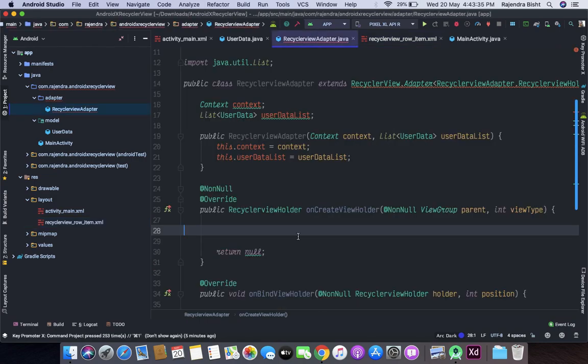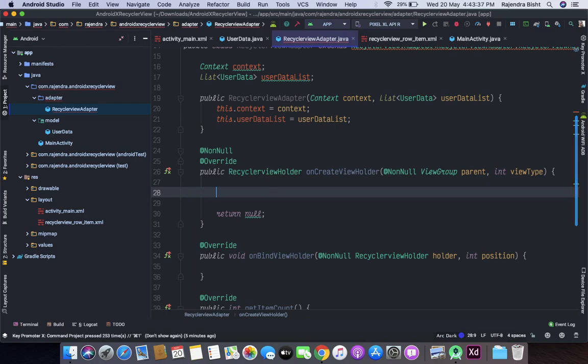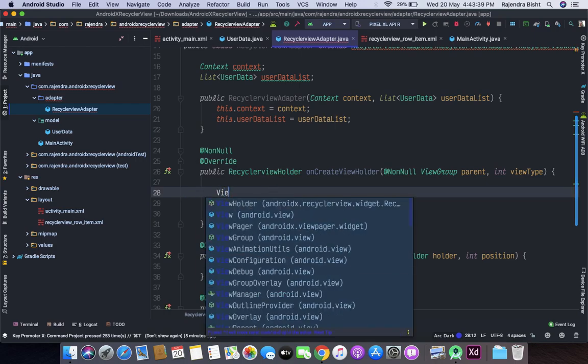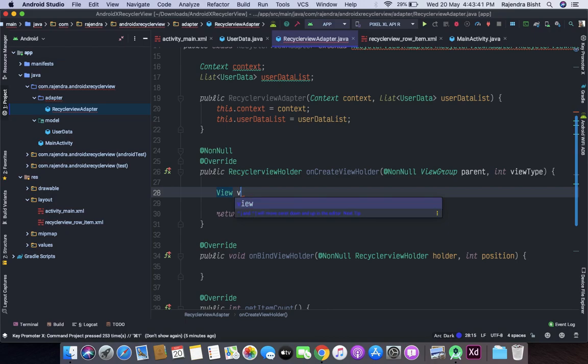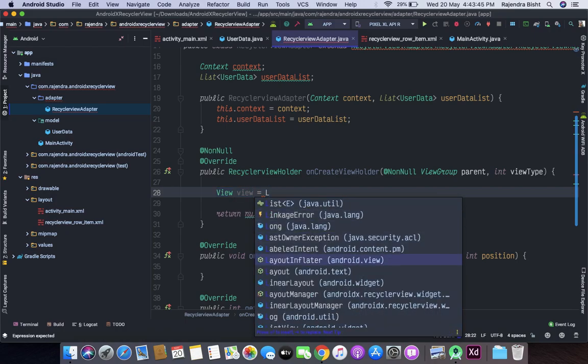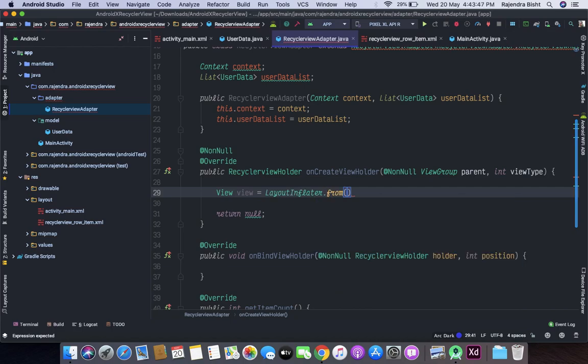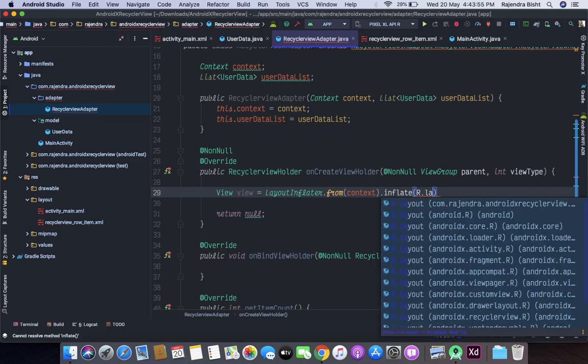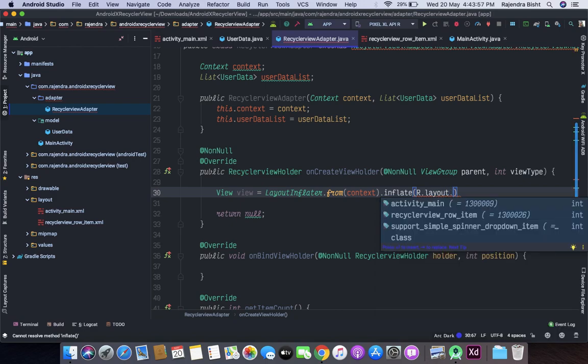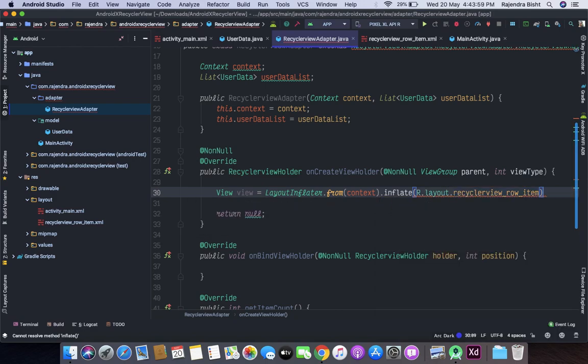We will add this layout file in RecyclerViewHolder. So view equal to LayoutInflater dot from context, we will take the context, from the context dot inflate R dot layout dot recycler view item.